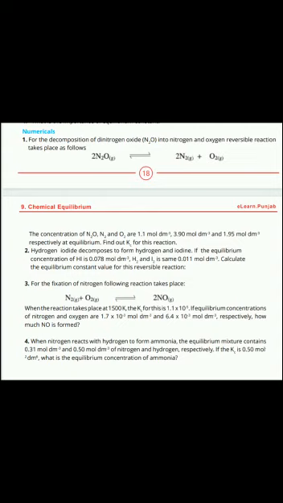For second numerical, hydrogen iodide decomposes to form hydrogen and iodine. In which way do you have to write the equation? Decomposition reaction, hydrogen iodide 2HI, you will write hydrogen iodide at the reactant place to form hydrogen and iodine. Products are hydrogen and iodine. If the equilibrium concentration of hydrogen iodide is 0.078 mole per decimeter cube,